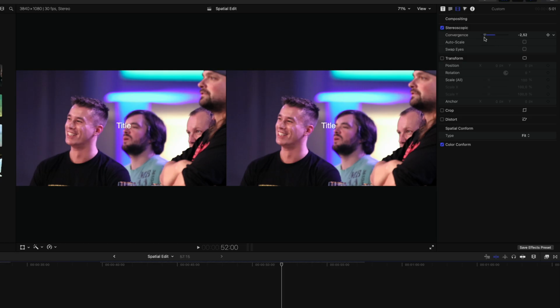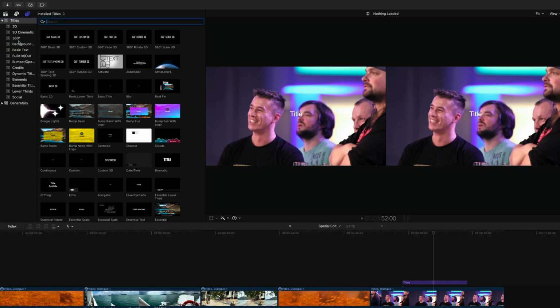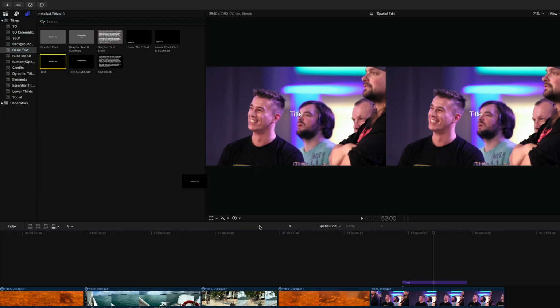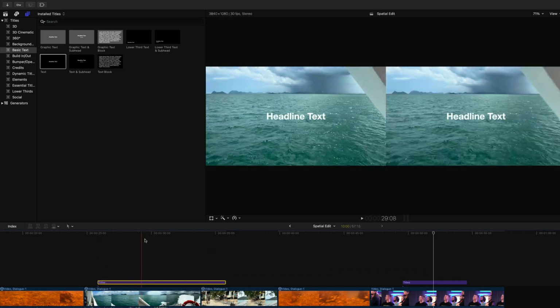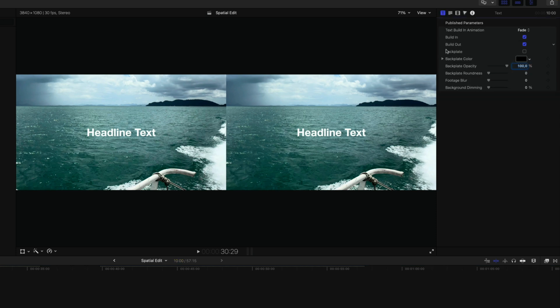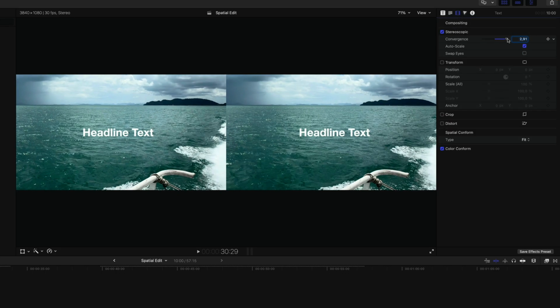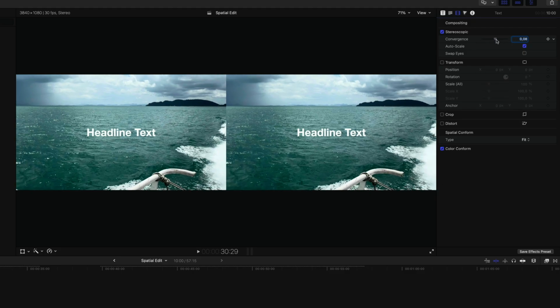So turning it off can be very helpful, but also keep in mind that if you're using a title that has any type of background effect, say for example if I add the text title from the basic text category to my timeline, which, if you've seen my previous video on the subject, have various optional effects that you can have applied to the background, such as a background blur or dimming. If you change the convergence for a title such as this, you'll see that the underlying video is affected at the same time. So unless this is actually what you want, you'll want to edit the title to your liking and then make a compound clip of it to avoid it affecting the background.